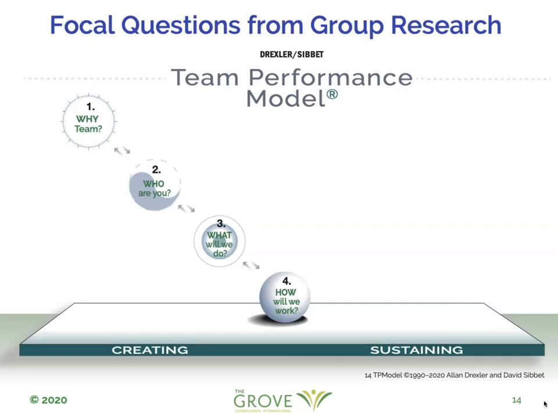So by putting the keys, the focal questions, coming out of Jack Gibbs' research on these, we got a very clear idea of how you would go about creating a team, which is you want to be able to do things that allow people to answer these four questions. But you don't necessarily do them in that sequence all the time. Sometimes people jump into the what they're going to do and then back into the who and the why. Jack's research suggested that when people don't have clear answers, they tend not to proceed and tend to go backwards.